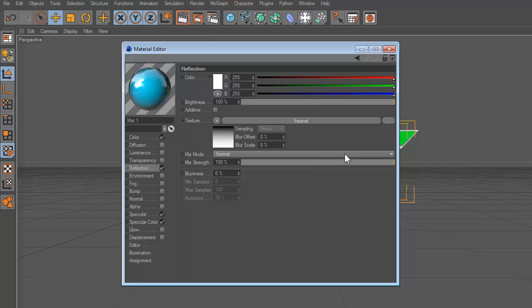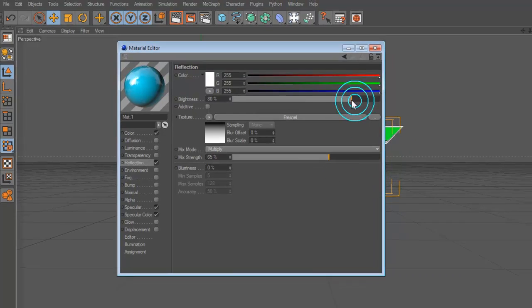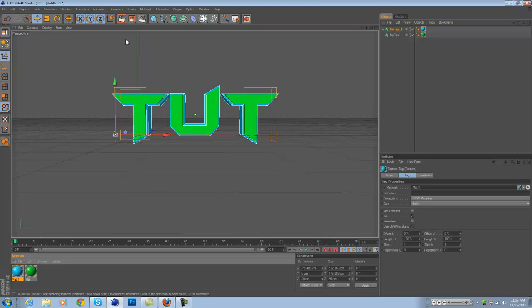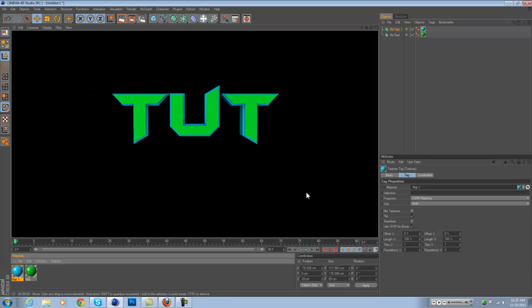In case you were wondering what that is, it makes it more shiny, and if you hit multiply, it still holds that nice color, and it doesn't make it extremely bright, but it gives it a really good shine to the text too. So let's render that. Actually, it's looking better now. Okay, so